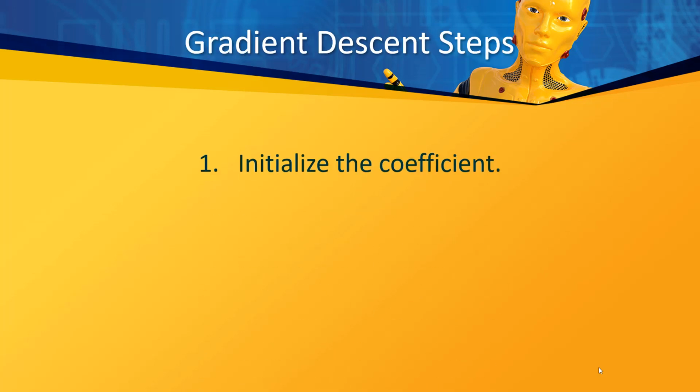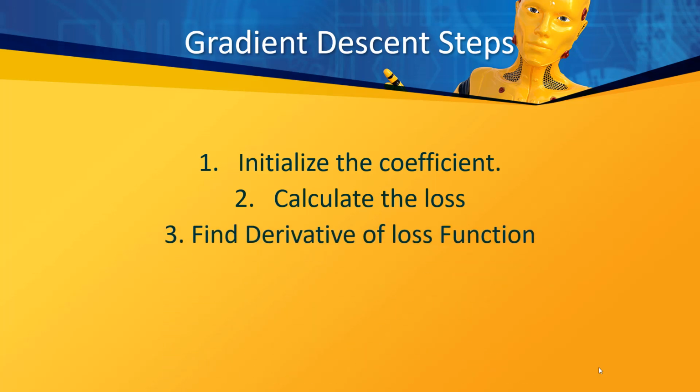Let us discuss the high-level steps involved in implementing the gradient descent algorithm. First of all, we need to initialize the model coefficient to a random value. We should keep this value very small and close to zero for faster convergence. Then we need to calculate the loss using the loss function. After that, we need to find the gradient or derivative of the cost function with respect to the coefficient. Then we need to update the coefficient value by using a formula such as new value is equal to old value minus old value multiplied by gradient.